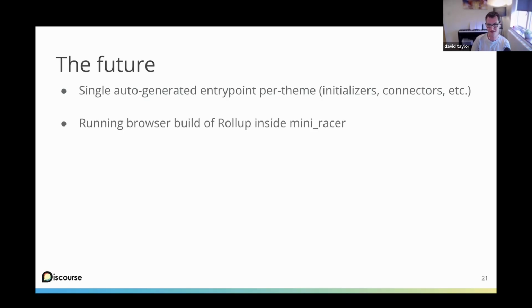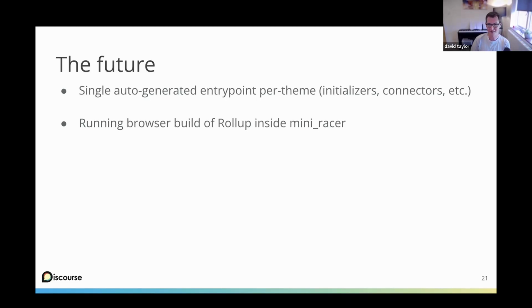Rollup is the obvious choice. It's what Ember add-ons use. But that MiniRacer security problem makes it quite tricky. Rollup expects to run in Node. Thankfully, they do make a browser version of Rollup, which doesn't depend on any Node APIs, which is great. But it depends on browser APIs, and we don't have those either. So